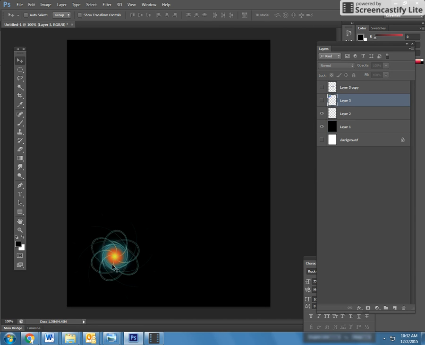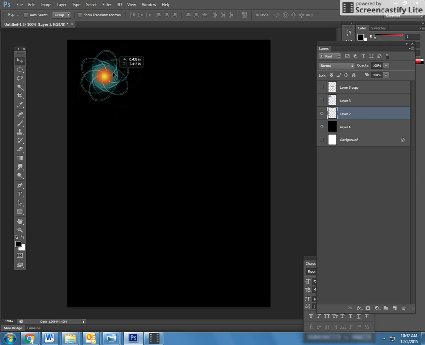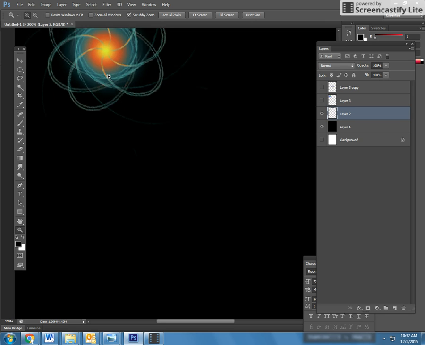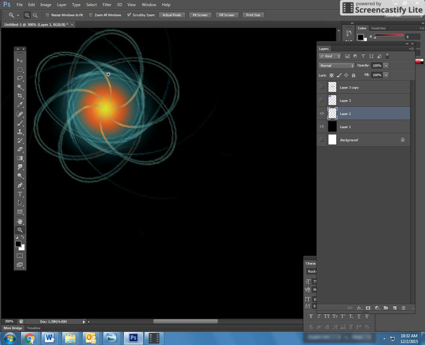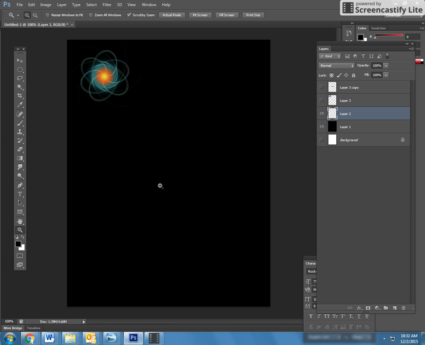Here's a light streak that I already created earlier, and kind of zoom in on it. And you can see there's different parts to it. So that's what I'm going to teach you today how to make. Okay, step 1, get a new layer. Okay, first thing you're going to do is create